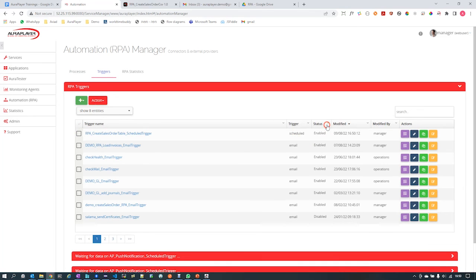And just to notice a special column here in the table, which is the status column. Here you will see which trigger is enabled or disabled. Enabled means that it will, of course, run. If this is a scheduler, it will run as defined for its scheduling. If you want to temporarily disable a